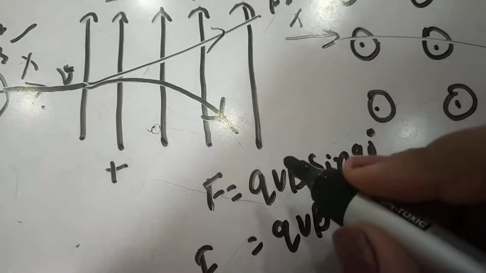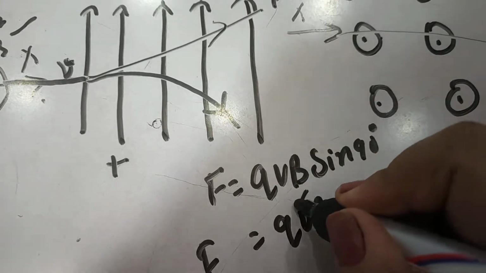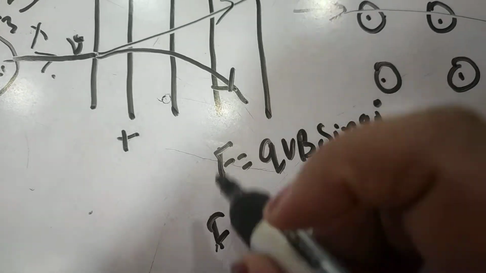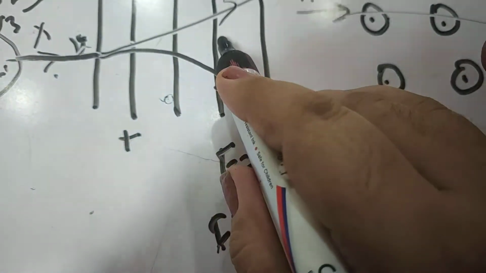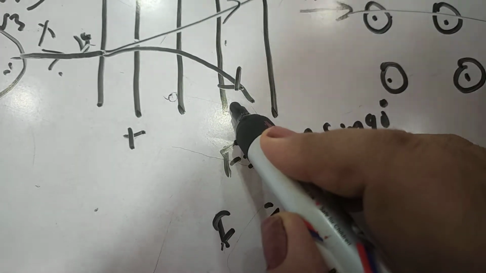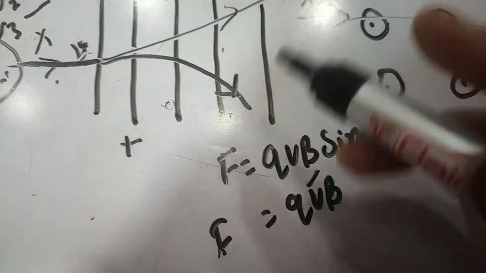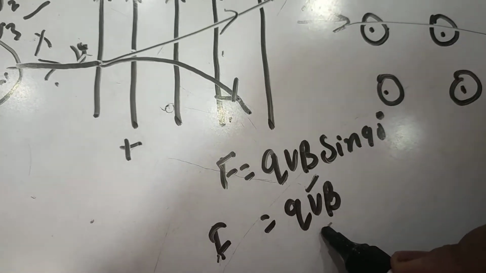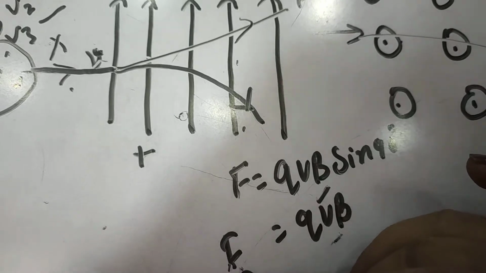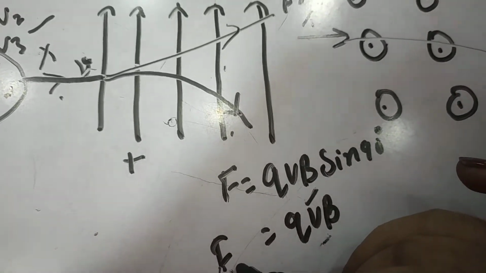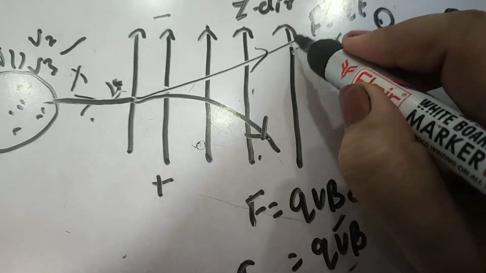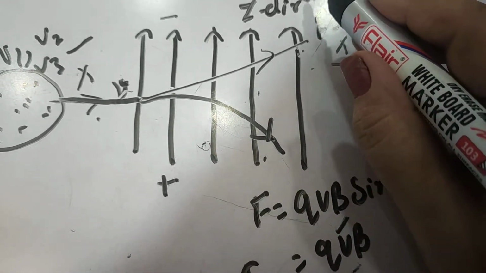For example, suppose the velocity is greater, so accordingly the magnetic force will be more, so the particle which enters the crossed electric and magnetic field will get deflected downward due to the magnetic field. And if the velocity is lesser, in that case the force experienced due to the magnetic field will be lesser. So which force will dominate? Only the electric force will dominate, that is F equal to qE, so it will go upward, right?